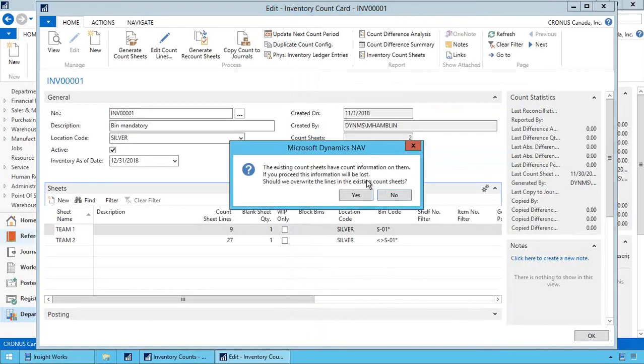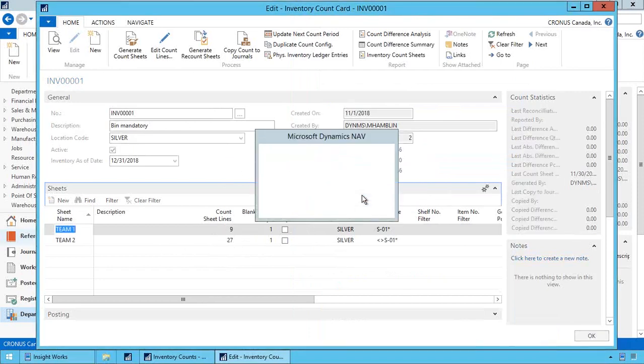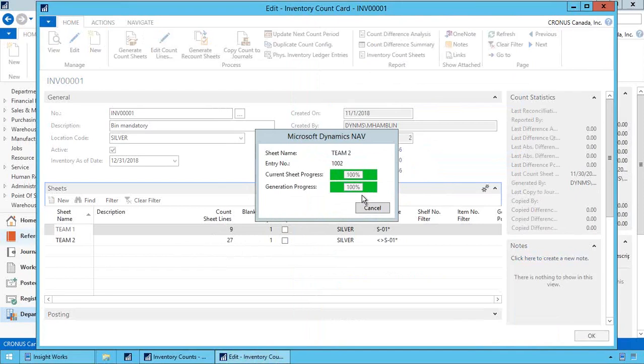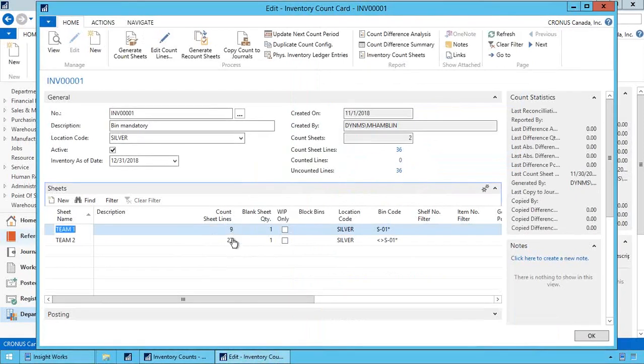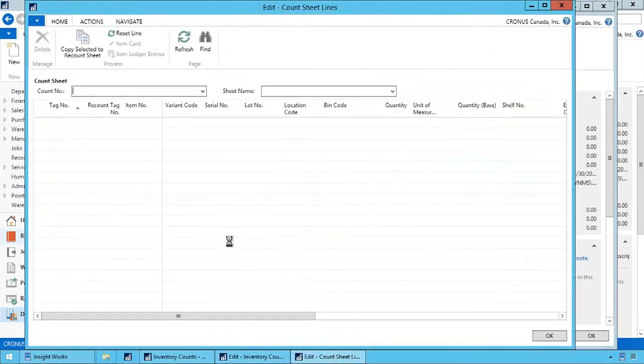And when I hit go, it yells at me because I've got existing count sheet records to find. But I say, yeah, let's go ahead and kill those, and it'll go through and generate those sheets, and I've got exactly the same numbers, which makes sense, and I've generated my sheets. Okay, so again, this is for a directed count where I'm generating the sheets, and I open this up, and